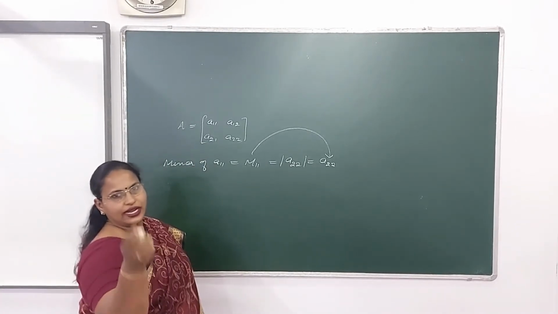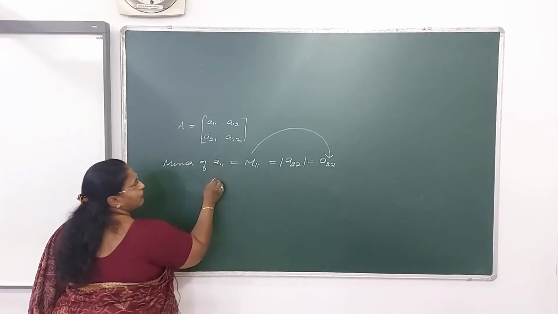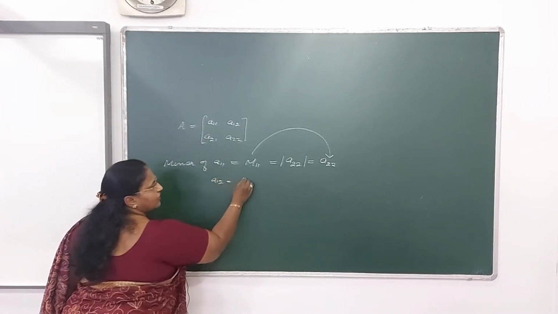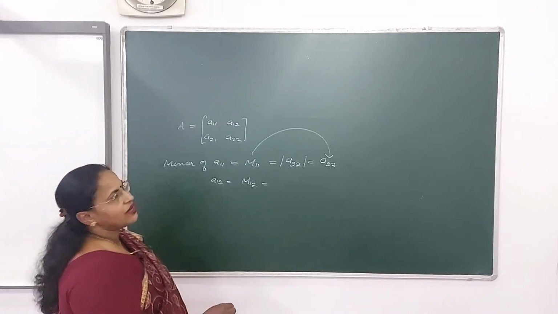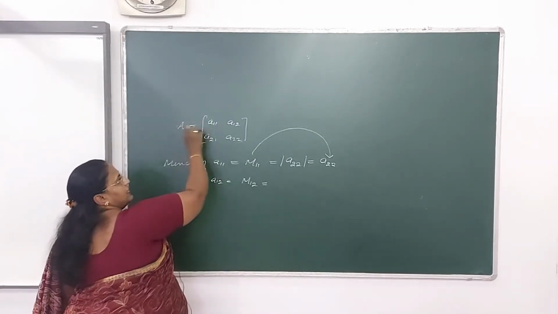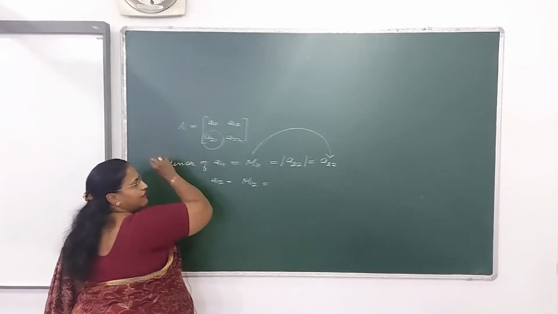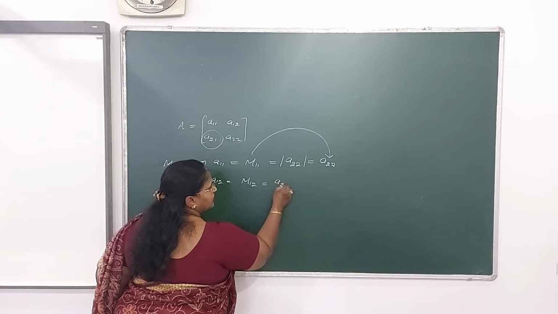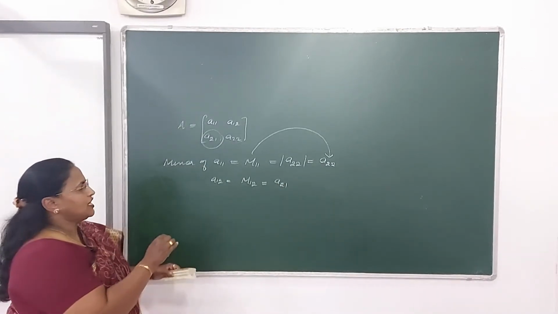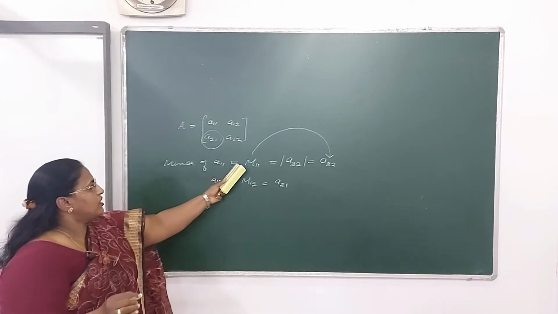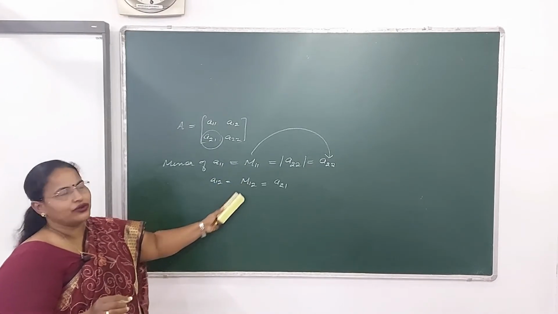Now let us try it directly. What is the minor of A12? Minor of A12 is M12. What will be M12 equal to? Delete the first row and the second column. This is left. Get the determinant value of this. Determinant of A21 is A21 itself. Okay. So row wise we are finding out: this is the minor of the first element, and this is the minor of the second element in the first row.